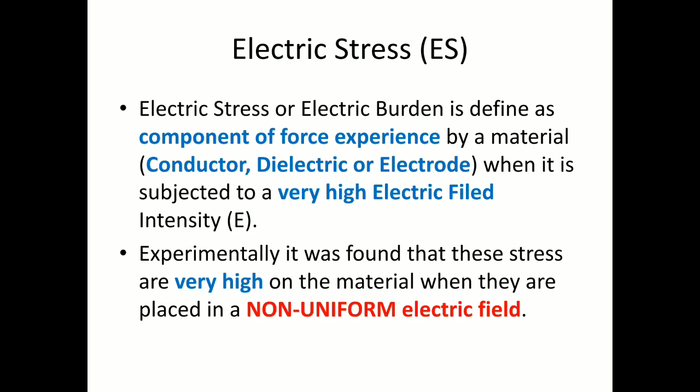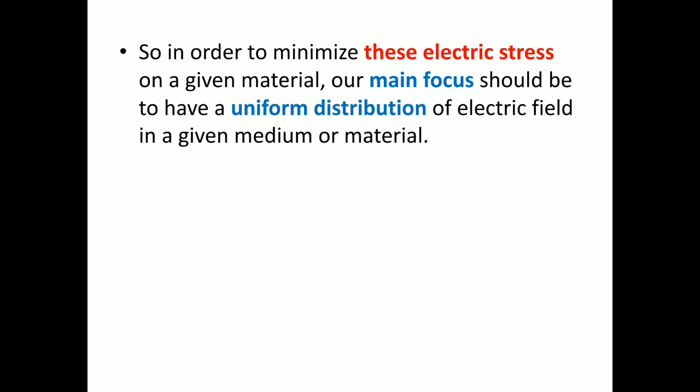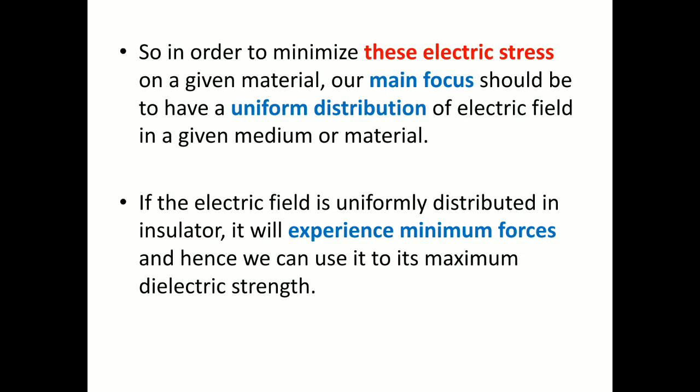मतलब कहने का मतलब बहुत ही सिंपल है कि अगर मान लो मुझे इलेक्ट्रिक स्ट्रेस को कम करना है किसी मटेरियल पे, फॉर एग्जांपल से इंसुलेटर, तो वो केस में हमें क्या करना पड़ेगा, हमारा मेन फोकस या फिर हमारा जो मेन ऑब्जेक्टिव है वो इस पे रखना पड़ेगा कि हमारा वो रीजन के अंदर में जो इलेक्ट्रिक फील्ड है वो यूनिफॉर्मली डिस्ट्रीब्यूट होना चाहिए. अगर इलेक्ट्रिक फील्ड यूनिफॉर्मली डिस्ट्रीब्यूट रहेगा तो इलेक्ट्रिक स्ट्रेसेस भी क्या होंगे, कम होंगे, और इलेक्ट्रिक स्ट्रेस अगर कम होंगे सो वी आर इन अ पोजीशन टू यूज द मैक्सिमम इंसुलेटिंग प्रॉपर्टी ऑफ दैट डाइलेक्ट्रिक मटेरियल. दैट इज वेरी इंपॉर्टेंट. सो द सेम थिंग इज मेंशन ओवर हियर. Go through this slide.